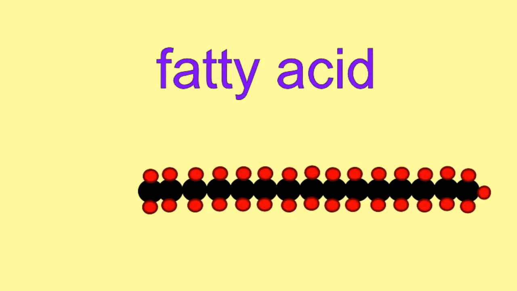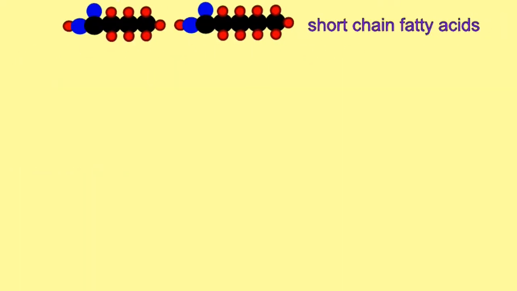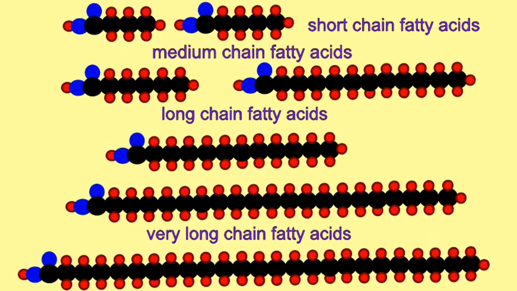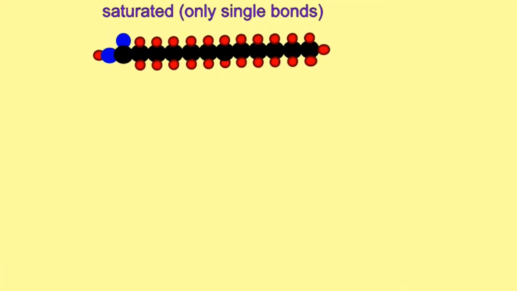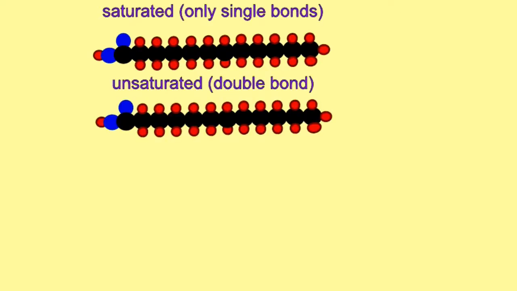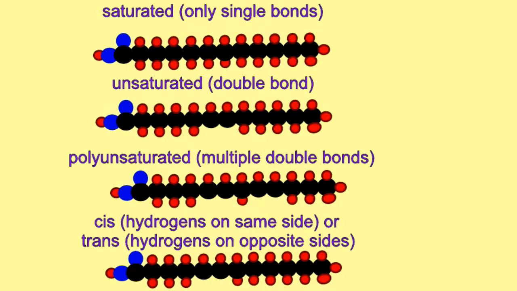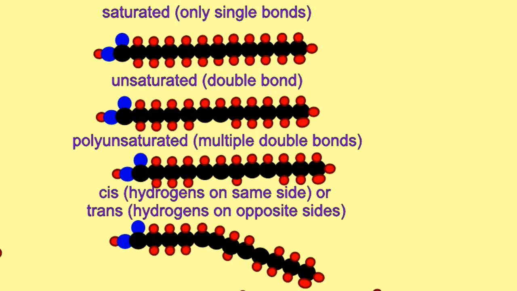Fatty acids are hydrocarbon chains which are attached to a carboxylic acid group. They are quite variable. They can be small, medium, long, or very long. They may have only single bonds and thus be saturated. They may have a single double bond and then be monounsaturated, or they may have multiple double bonds and be